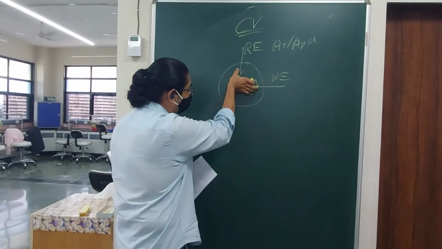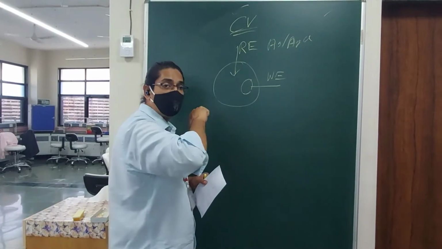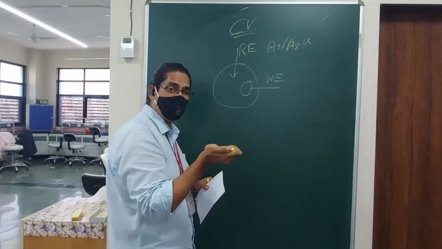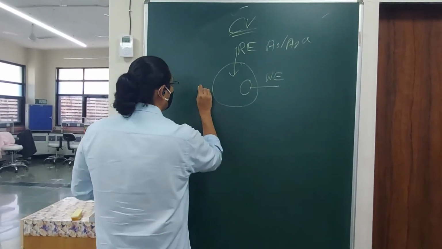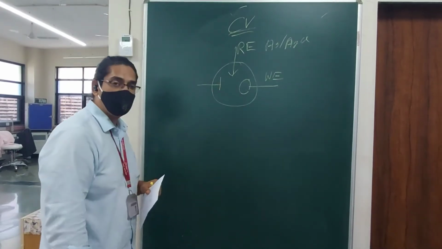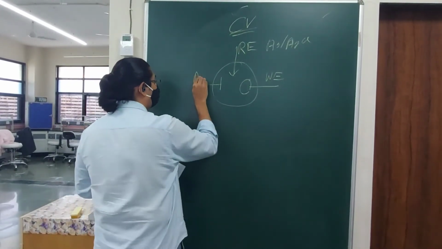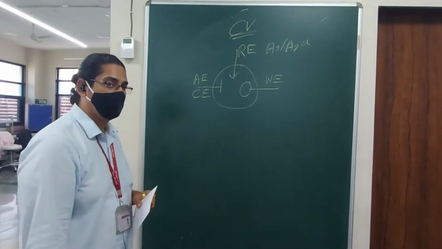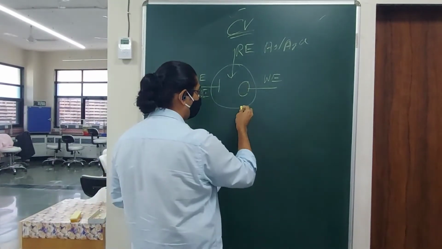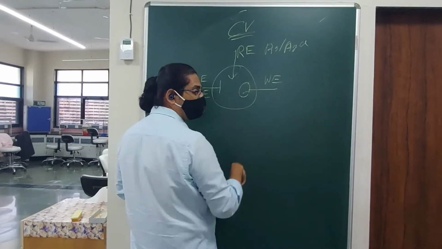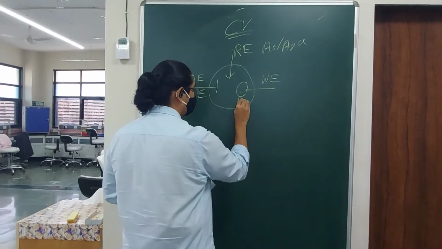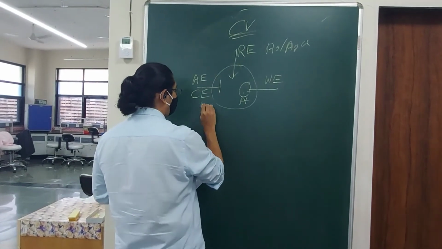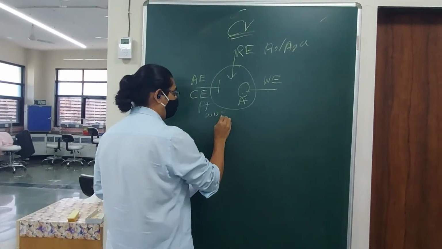Now, if I have the potential difference across the reference electrode and working electrode, how can I change the voltage? Remember, we have to change voltage anyway. There comes the third electrode, the auxiliary electrode, or the counter electrode, as it is known. For our purpose today, this will be a platinum disc. Let's write platinum. That's silver chloride, I wrote already. Now this is going to be your platinum wire.